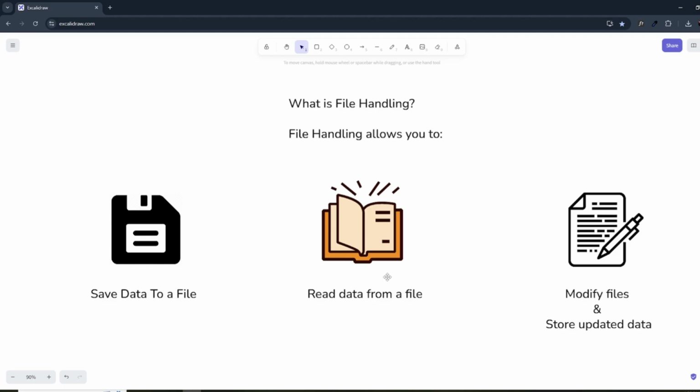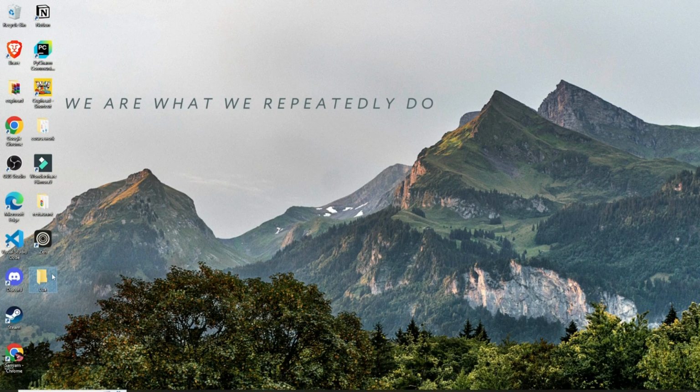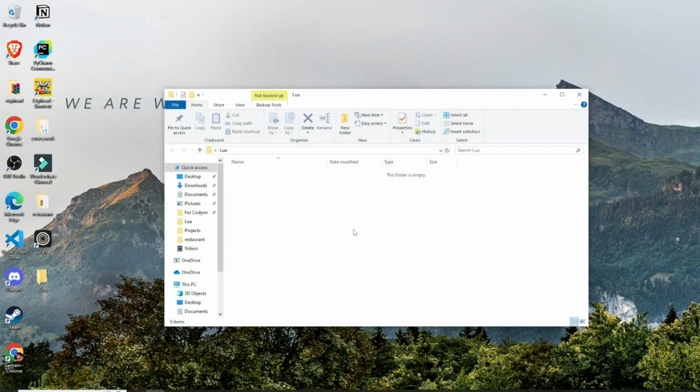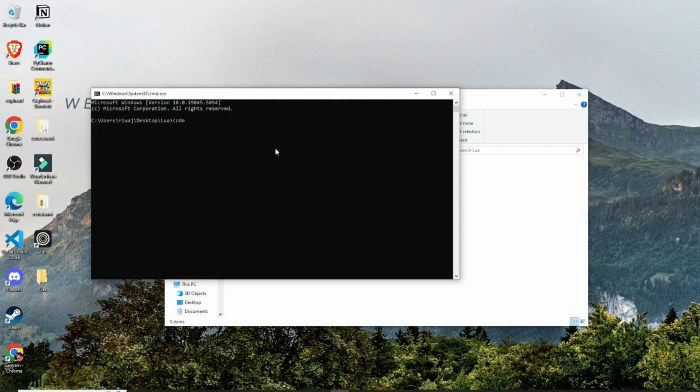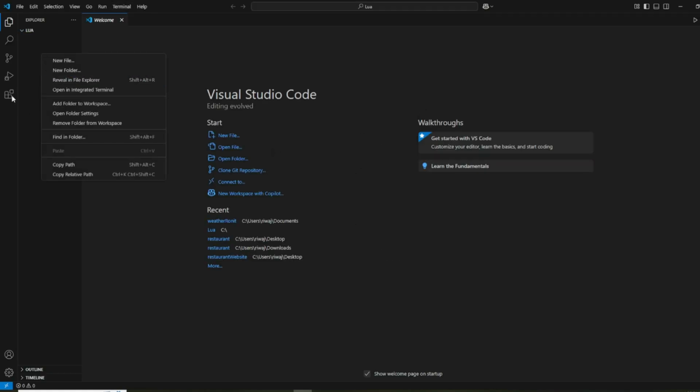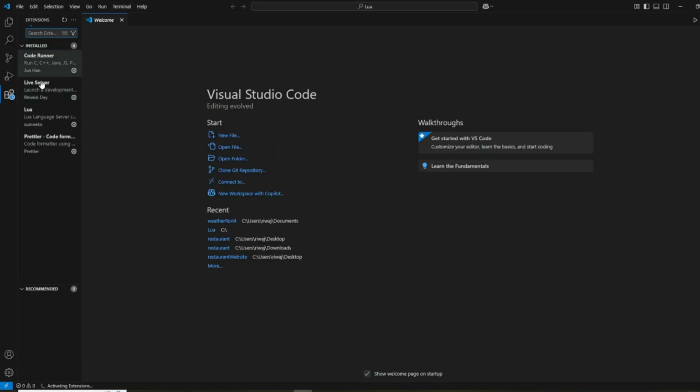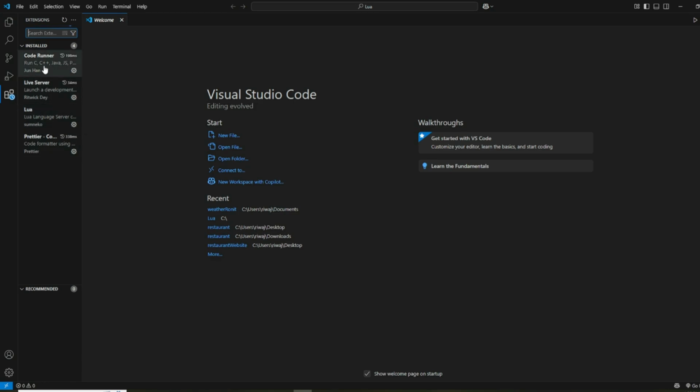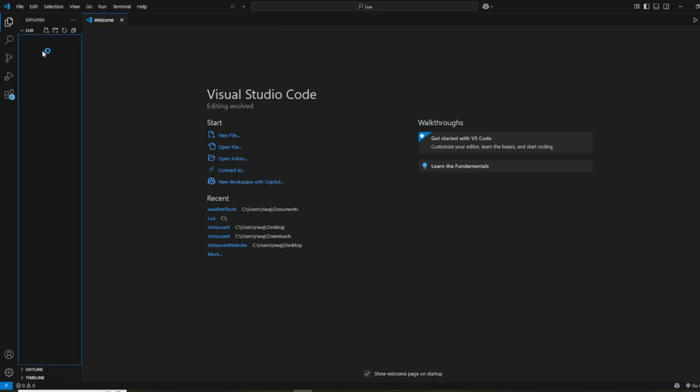In Lua, we use the io.open function to work with files. So first of all, let me open this folder that I created on my desktop, and I'll open command prompt inside this, and then I'll type in code space dot and hit enter. Now what this will do is open the folder in VS Code, and hopefully you have installed these extensions, that is Lua and then Code Runner mainly. So first of all, let's create a file called